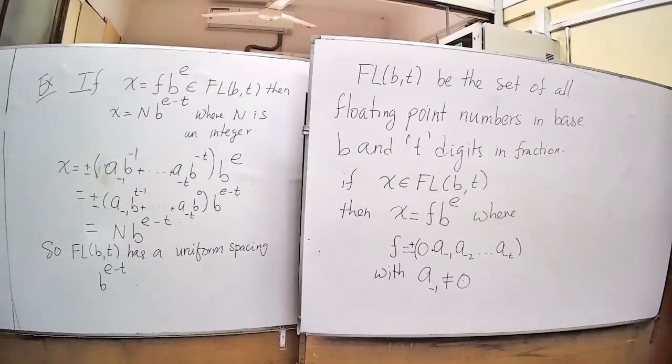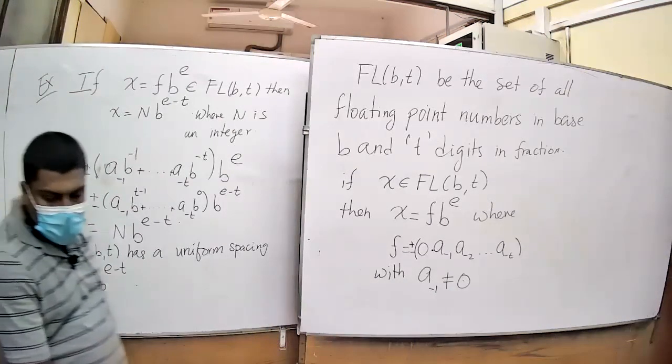So this is about two types of number representations: fixed point number and floating point number. Now you can see that in both of them we have a limit in the number of digits in the fraction. Because of that, you cannot represent any number in a computer as it is. You may have to cut down the number of digits in the fractional part. So in the next class, we are going to see how we can do that cutting down and what the consequences of that are. So I'll stop here and we'll continue in the next class.